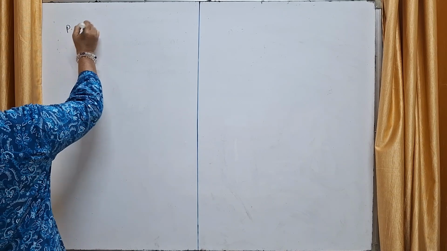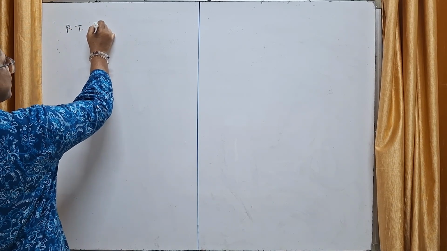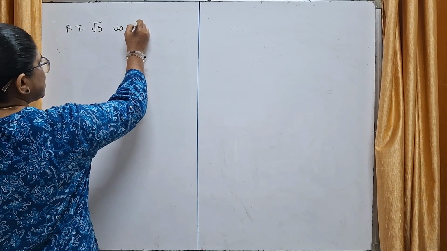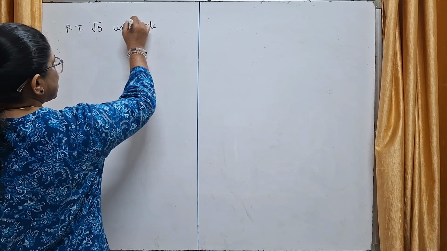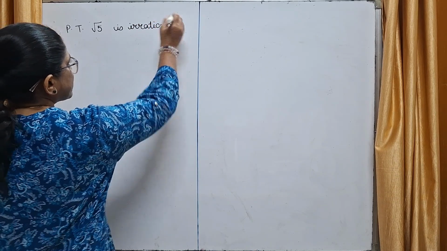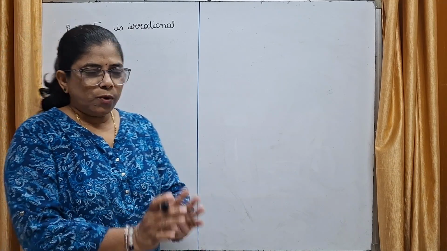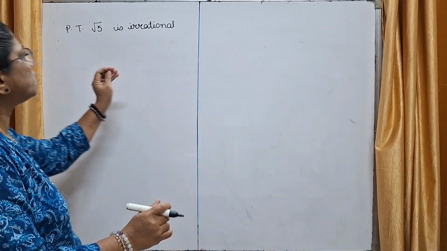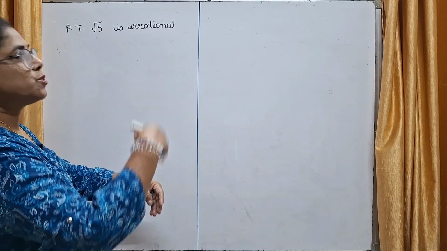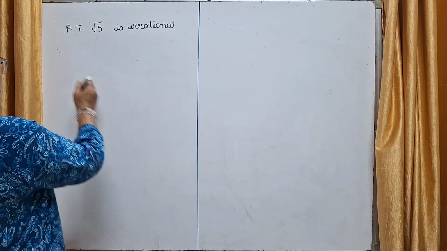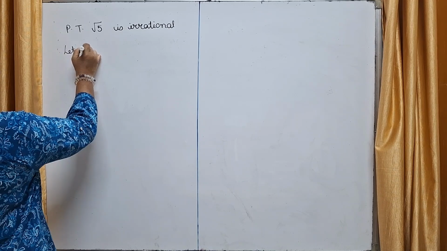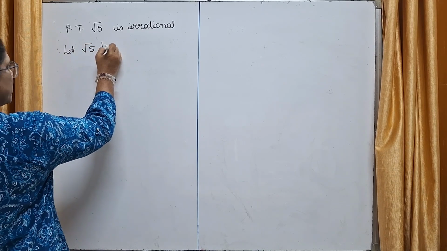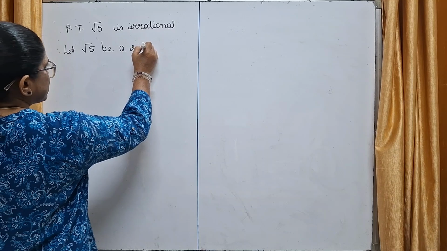Our question is prove that root 5 is irrational. Here we are going to use contradiction method. Contradiction method means what we have to prove it is irrational, we will assume that it is rational. Okay. So here let root 5 be a